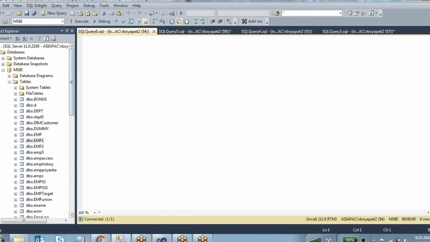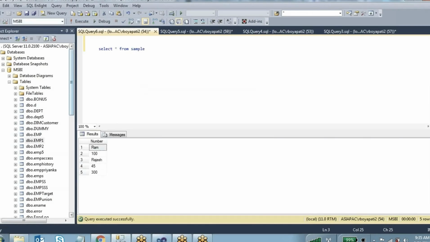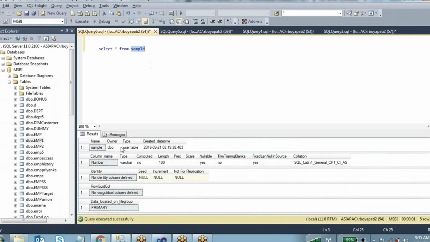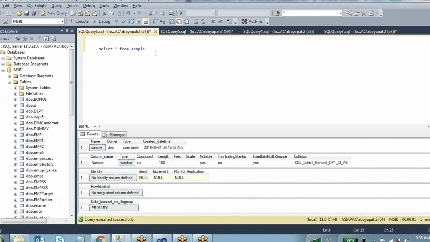Right. So today we are going to see one tricky function in SQL Server. I have sample data in a table in SQL Server. In this table, the data type for all the columns is varchar. If you want to see the full information about this table, you just highlight the table and press Alt+F1 on your keyboard, and it will display the information. So this number column is of data type varchar.